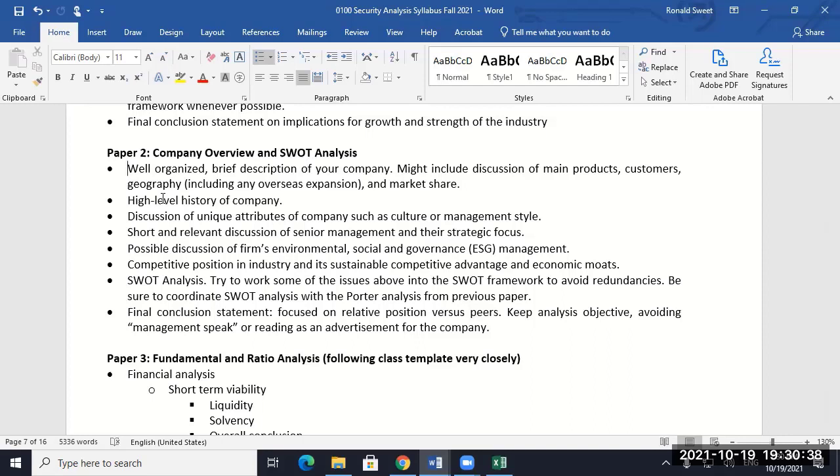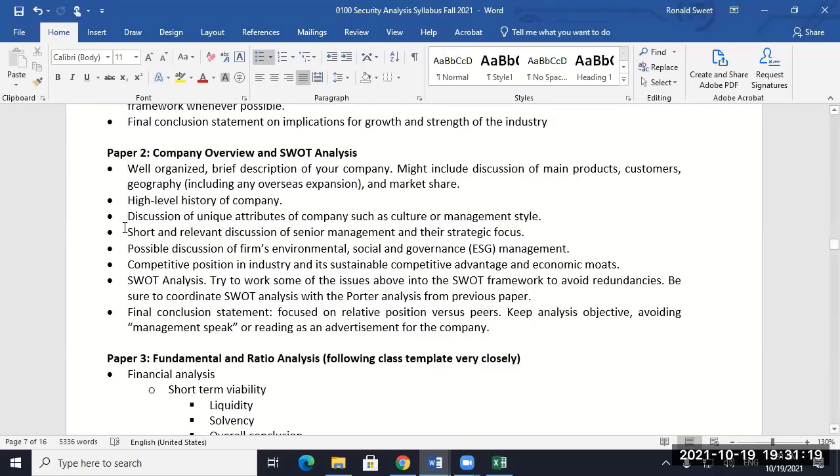History, high level. Make sure it's useful and valuable. Don't throw something in just to throw it in. So think about the history, what really is important to this company. Sometimes it's a change in CEO if there's a really, really critical CEO, but if not, no one knows who the CEO is and it doesn't matter. Figure something out. Major acquisitions can be important. Just going overseas for the first time, those kind of things. Amazon buying Whole Foods, it's obviously a big one. So those type of things.